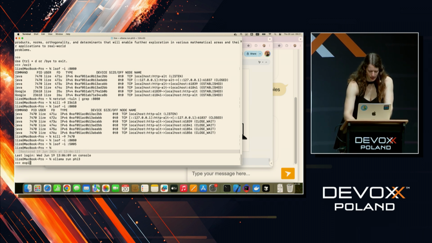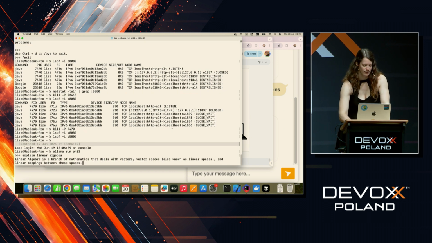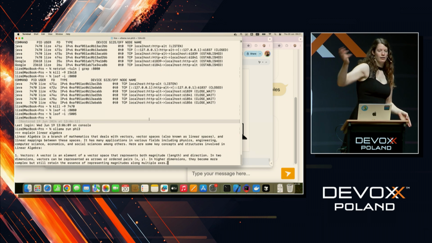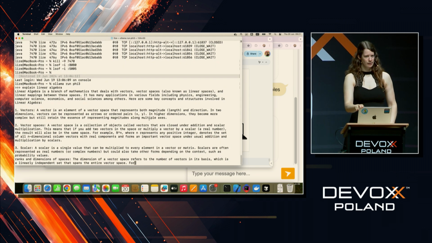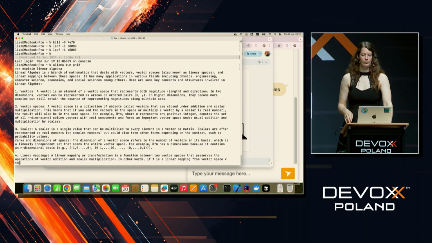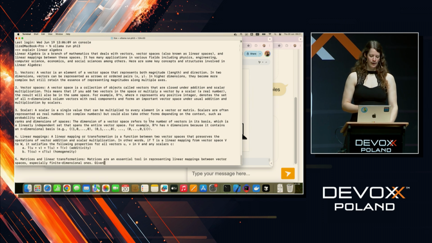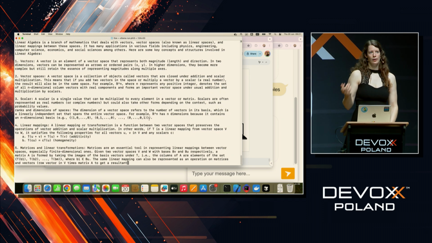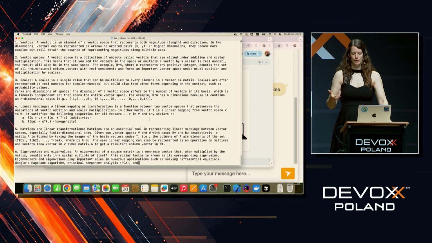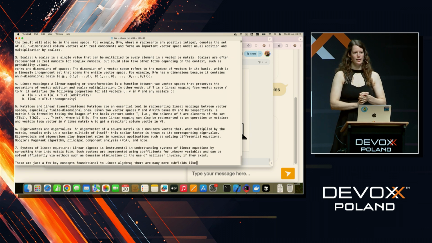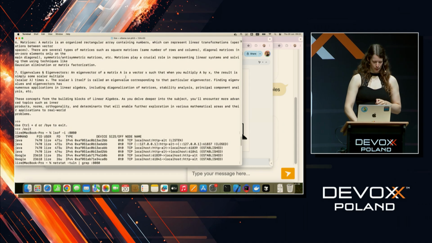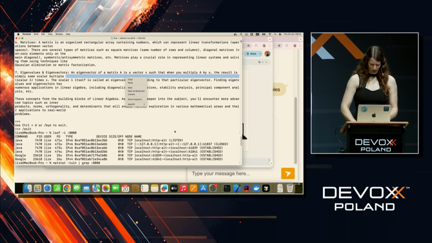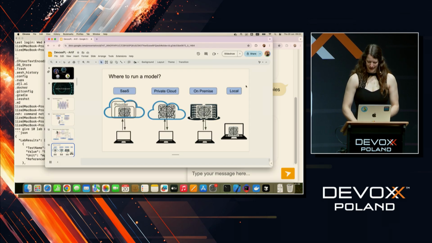So I'm going to say, explain linear algebra, and then you can see how fast this goes. So that's like almost as good as GPT 3.5. This is how fast it goes. I have a little bit of GPU on this MacBook, but it even works if you don't have GPU. It's going to be just a bit slower. Also, people are building in on-device GPU, so GPU, graphical processing units, and their variants that are really good at running these models. So voila, that's just running locally. Good.